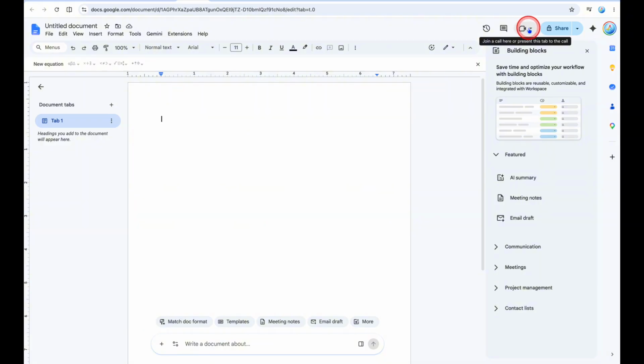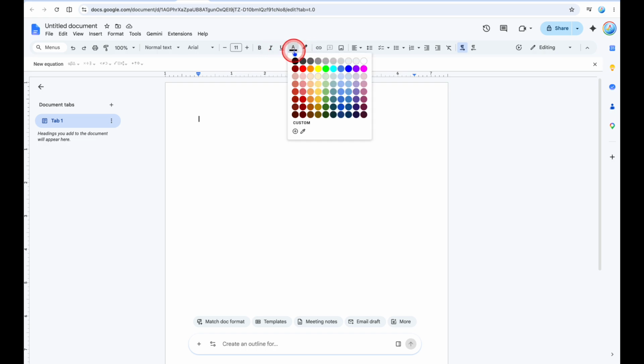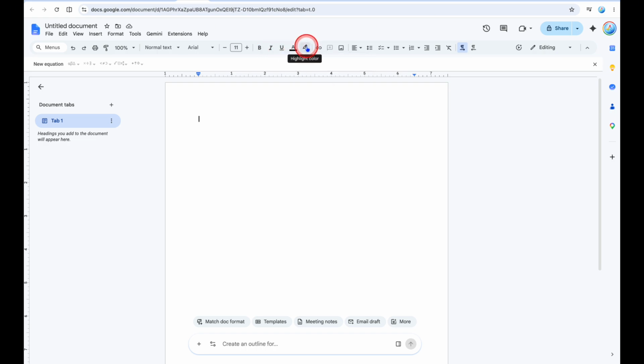And this, if you want to join the meeting, and you can share it, Gemini. You can ask Gemini because now it's integrated with Google Docs. And the lower part, the toolbar, we have the undo, redo, normal text, styles, and the font, and the font size, bold, italics, and the color of the text. And of course, highlight the color, the link, and add comment is the same here.